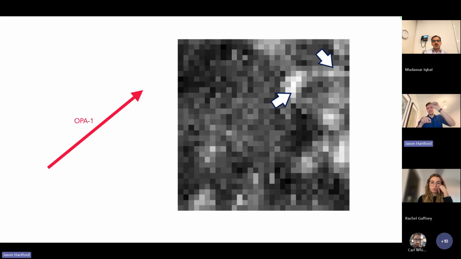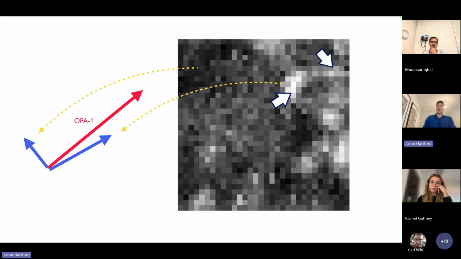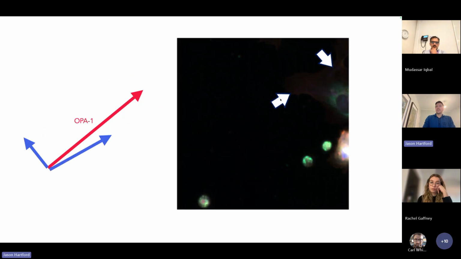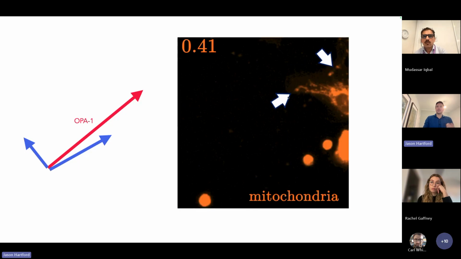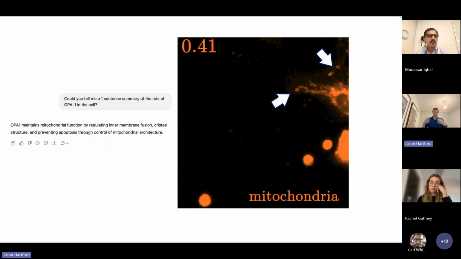I've got a representation for each of these patches, and I can see which of these is most aligned with this gene's feature direction. Some of these are very not aligned, so these ones are kind of orthogonal to it. This one's kind of more aligned, and these are the ones that are most aligned. Looking at the image, it's not obvious at all what these are pointing to. But if you look at the mitochondria channel, so these are cell paint images where you have different channels, you can see that the ones that are most aligned are where the mitochondria are lighting up a lot. And then you can go and ask your favorite biologist friend, or ChatGPT if you're like me,